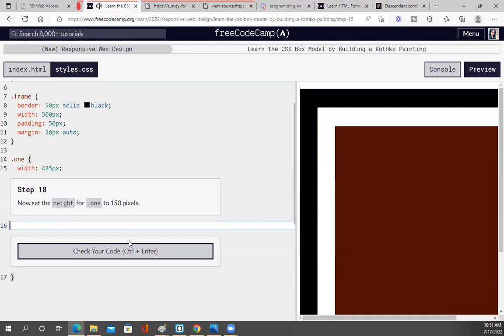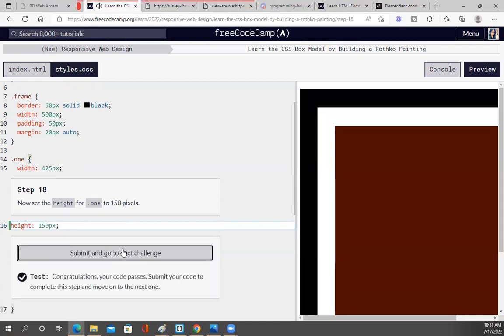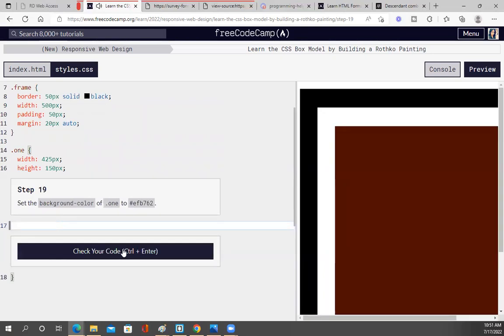Now the height for 1 to 150 pixels. Set the background color of 1 to